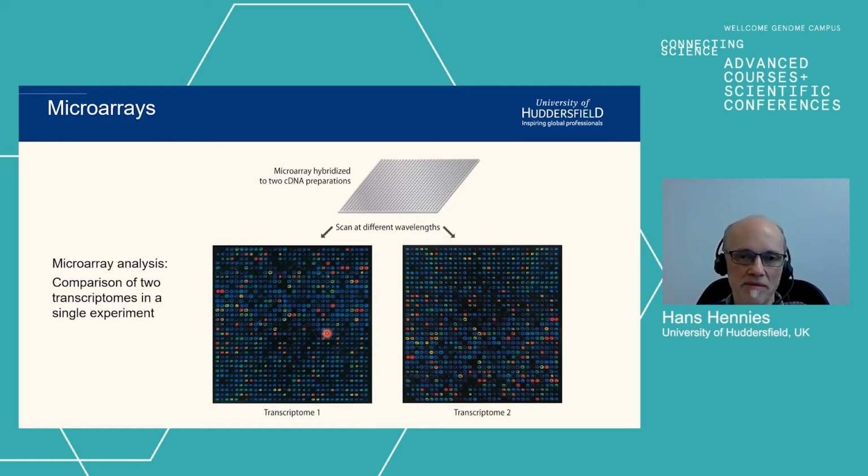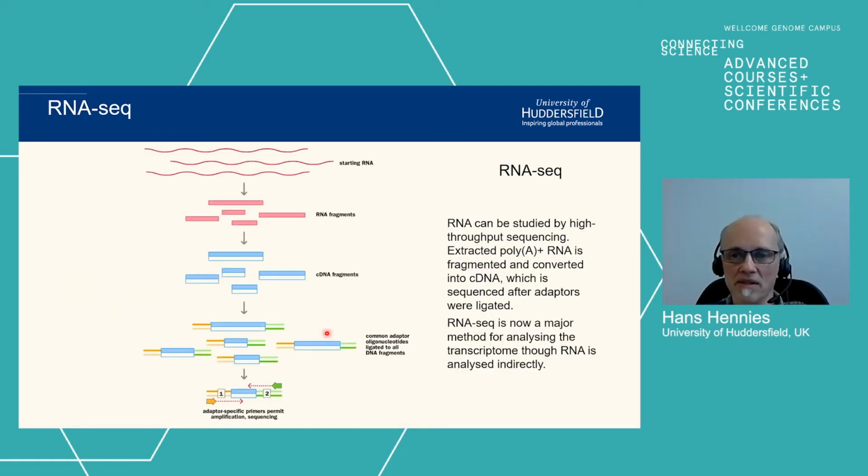We would scan this microarray and find either an increase of expression or a decrease of expression between these two transcriptomes. The other approach, and this is actually the most frequently used approach nowadays, is RNA-seq, so a high throughput sequencing based approach. From the starting RNA, we would fragment the RNA. It is then transcribed into cDNA fragments, into double-stranded cDNA, and these double-stranded cDNA elements are combined with adapters and then sequenced in